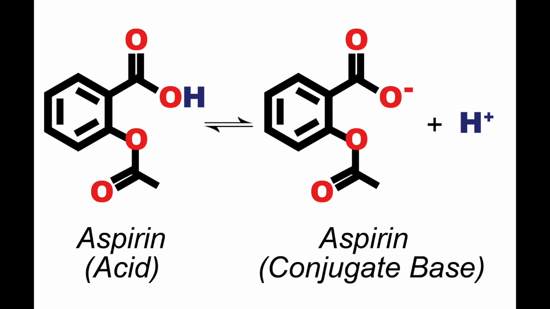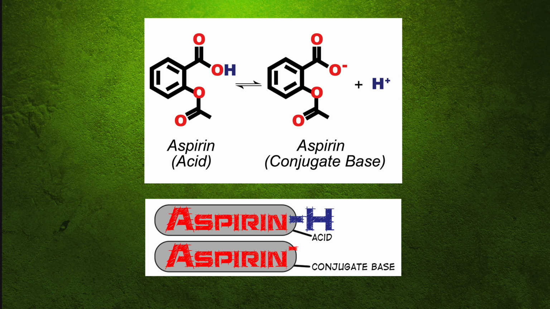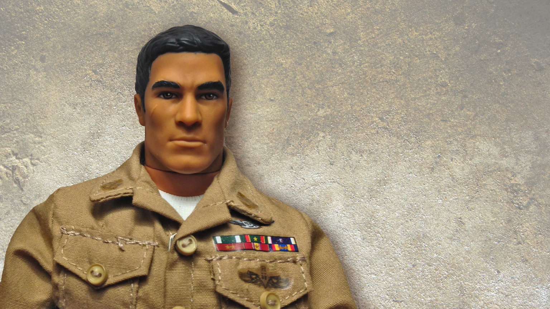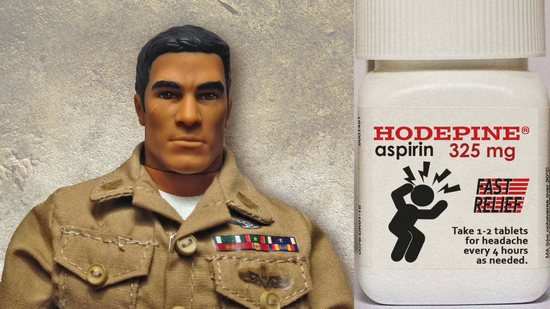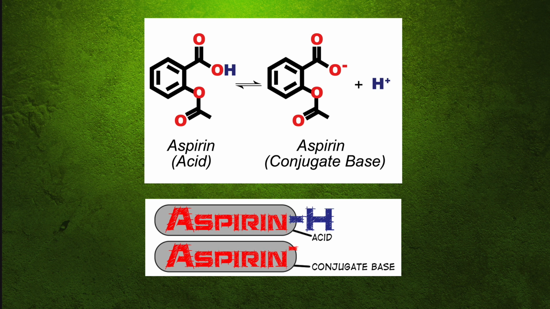On the left is the aspirin with the extra proton. On the right is the conjugate base of that aspirin. Just to make things easier, I'm going to make a cartoon version of this same thing. So let's give this to a patient. Here's 24-year-old Joe. He has a headache, and I'm going to give him 2 aspirin to take PO for his headache. Aspirin is a weak acid, so in plain water solution, it exists in 2 forms, an acid form and